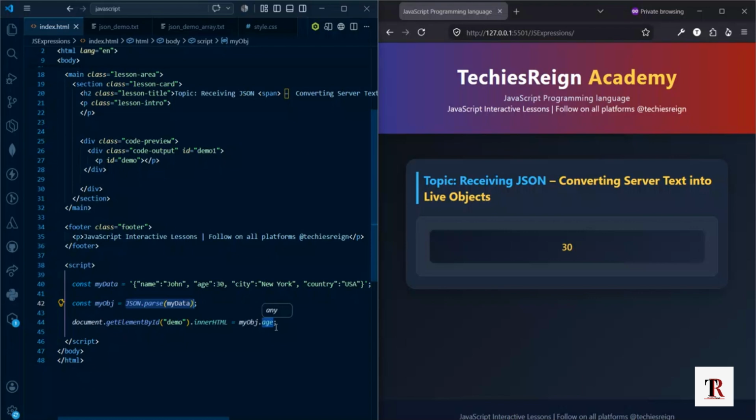So to actually use the data that we have inside our JSON string, like showing the name, the age, or whatever, it needs to be run through the JSON.parse method. And this acts like an unboxing process, kind of like turning raw text back into an active object that you can instantly interact with. And that is the exact way you can convert server text into live objects